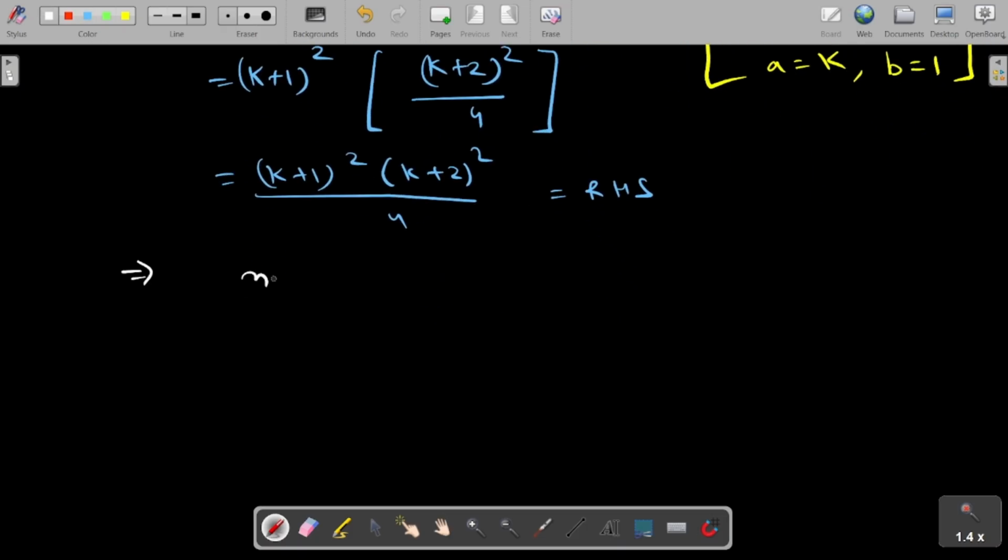So from here, what we can conclude? This implies n is equal to k plus 1 is true, right? So step 1 is true, step 2 is true, step 3 is true. So what we can say by mathematical induction,